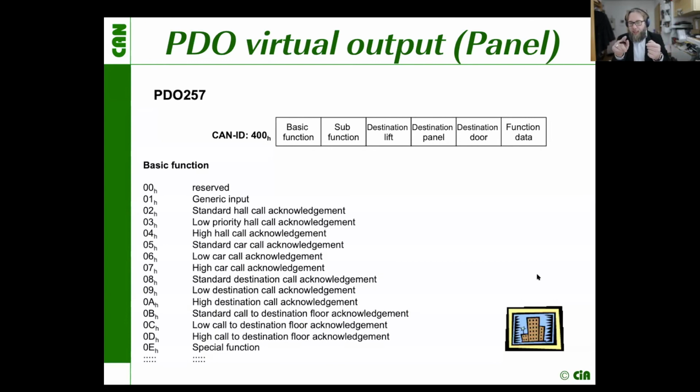So even the lights around the push button know directly, should I flash because there is a car coming to my floor? The indicator on top of the cars tells me where the car is and where it's going, up or down. And so I have all the information available. And the same is then true for all the other virtual devices. For all the other virtual devices, we define such functionalities for the PDOs